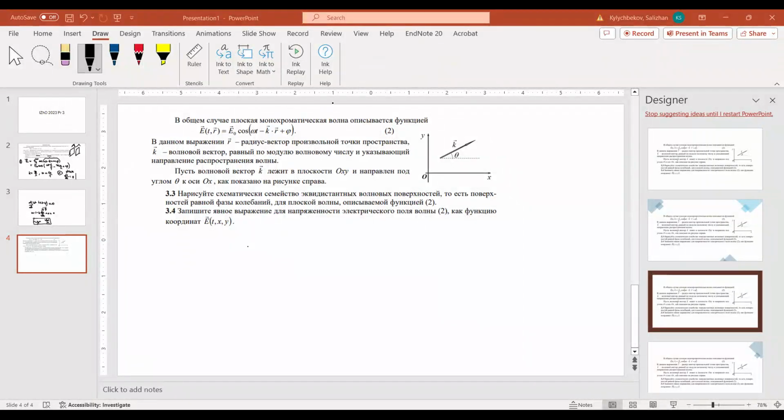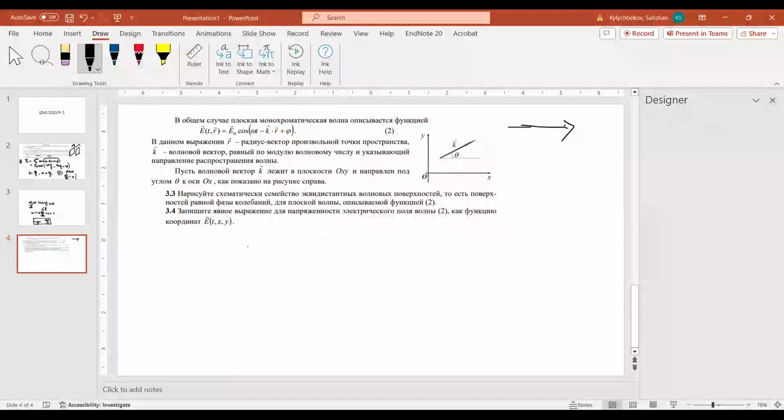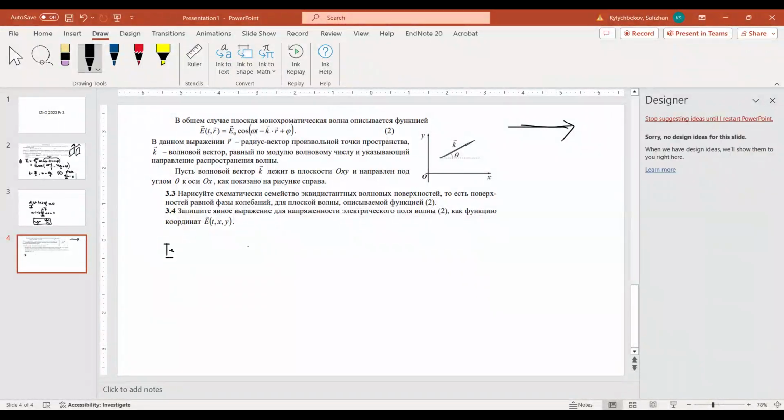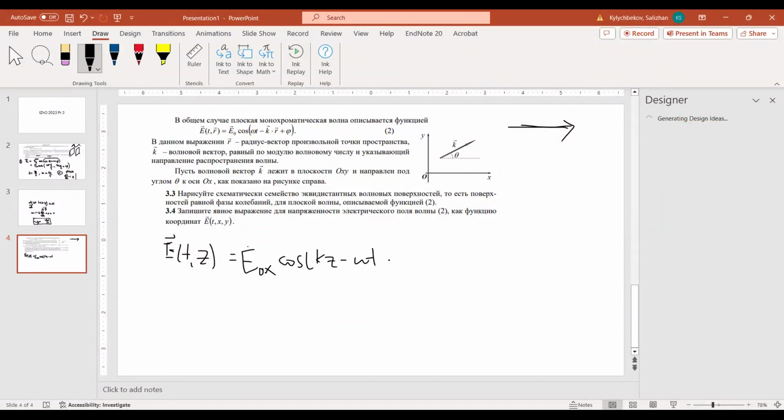In the first case, your propagation axis was in the x direction, right? If you remember, the equation was dependent on z and t: E0x cosine(kz minus omega t) i-hat, plus E0y